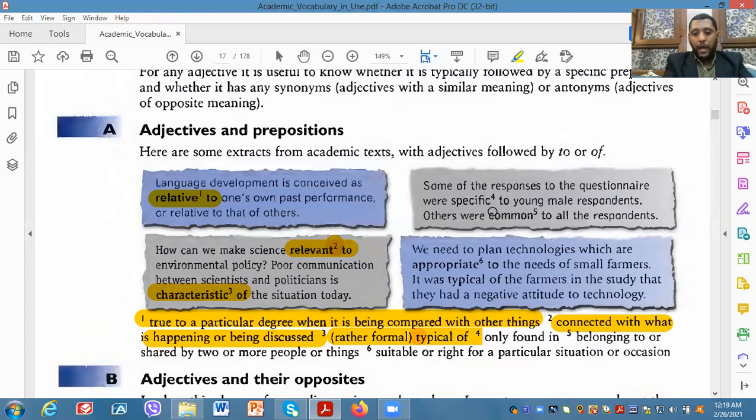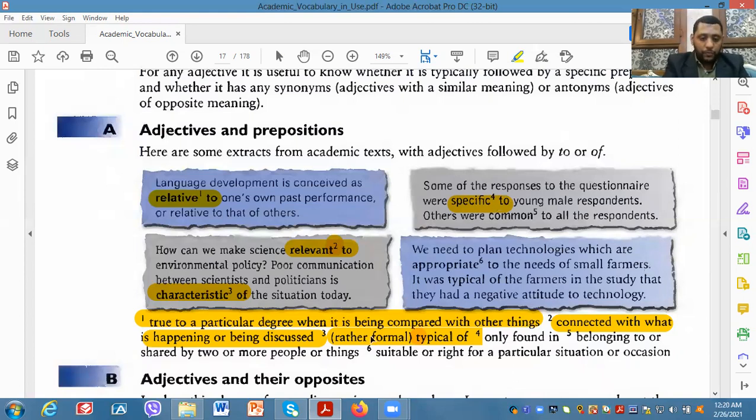Okay. As for the second part of the questionnaire, it wouldn't be about the gender, and the age is not a problem. So it's common to everyone. Okay. However, this is not our topic to discuss, but I just want to give a quick explanation about these 3 lines. What I care about is the adjective specific to. Specific is the adjective, and it was followed by the preposition to. So specific to,